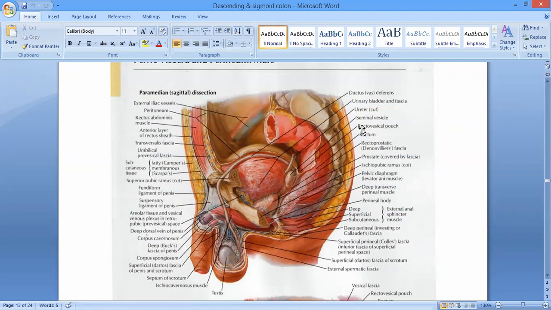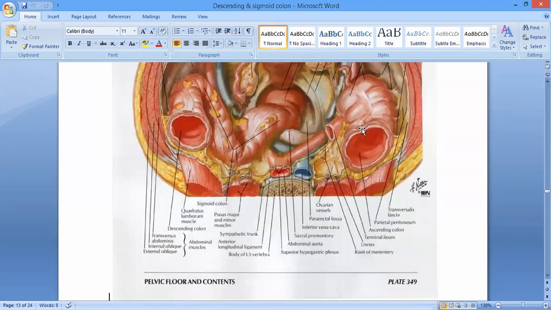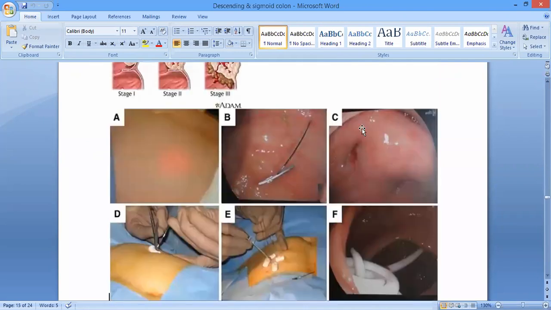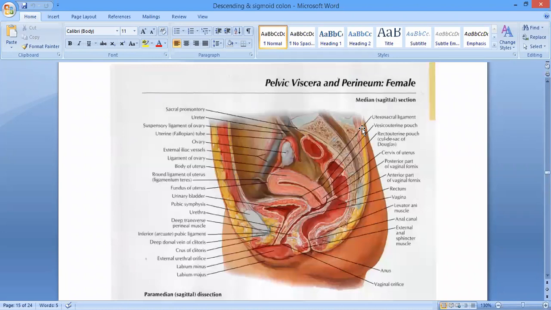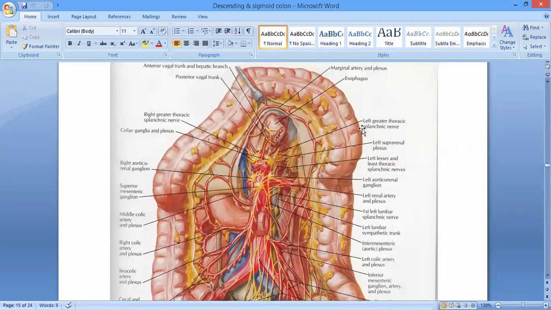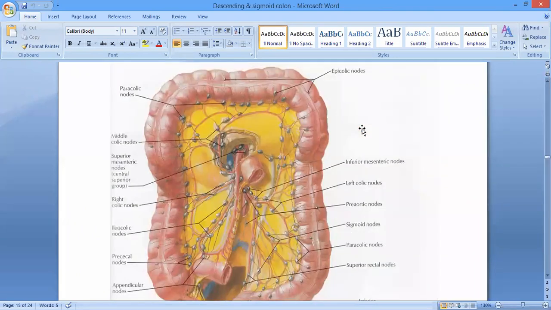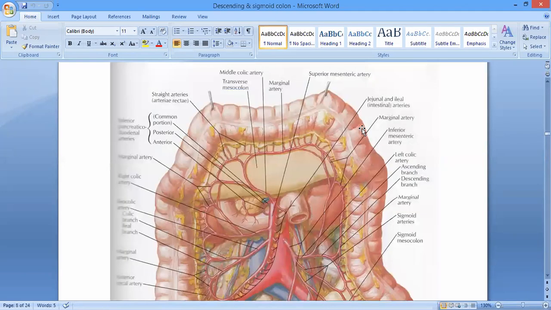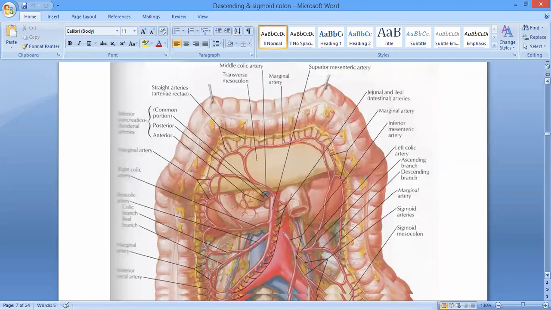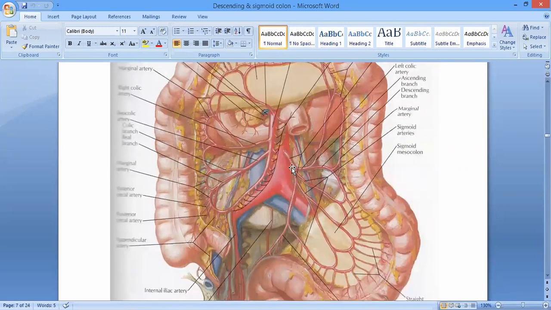Okay. Now blood supply again. Blood supply क्या होगी इसकी? Can anybody share जी? Sir, sigmoid artery. Right. So sigmoid arteries. Sigmoid arteries are, I told you, how many in number? 2 to 3 arteries, which are coming from the inferior mesenteric artery, right? You can see this one. Okay. Inferior mesenteric artery gives these 2 to 3 sigmoid arteries, and these sigmoid arteries are